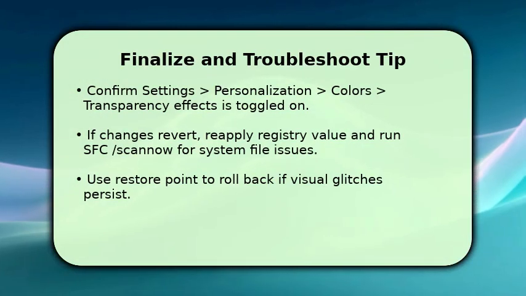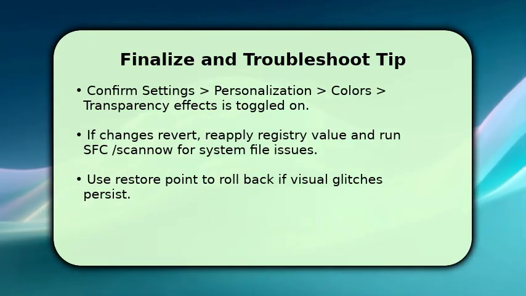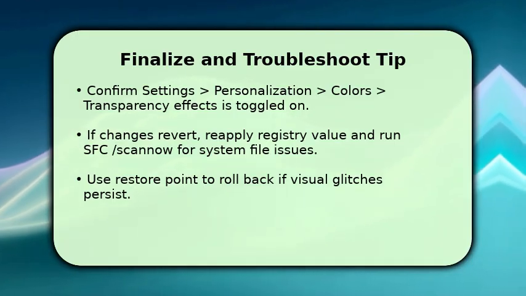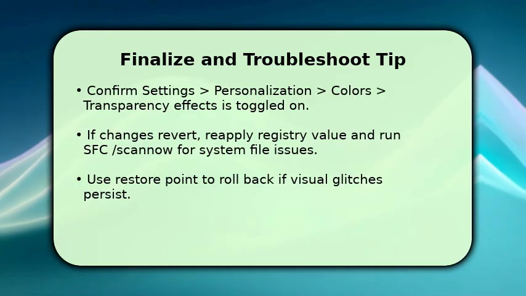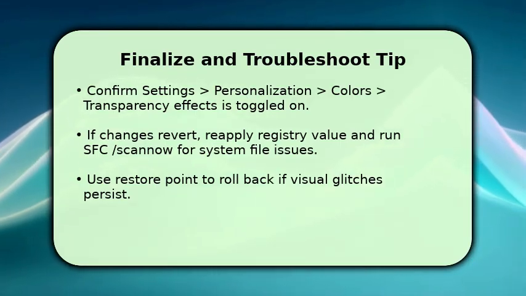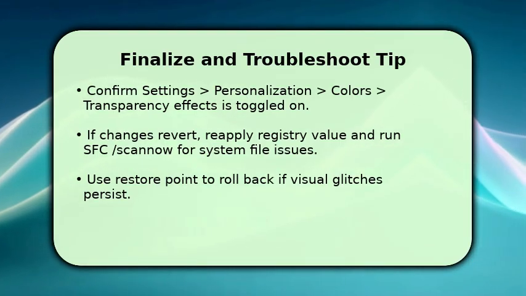Finish by verifying the UI toggle and cleaning up. Open Settings, Personalization, Colors and ensure Transparency Effects is on. This complements the registry change. If the taskbar returns to opaque after updates, reapply the registry DWORD and run sfc /scannow to repair system files that